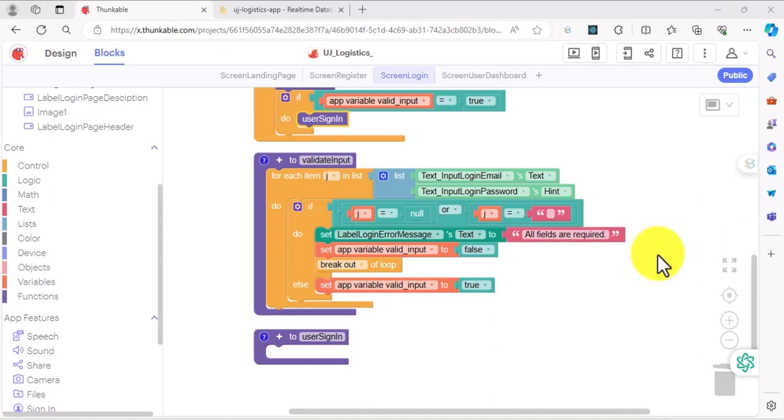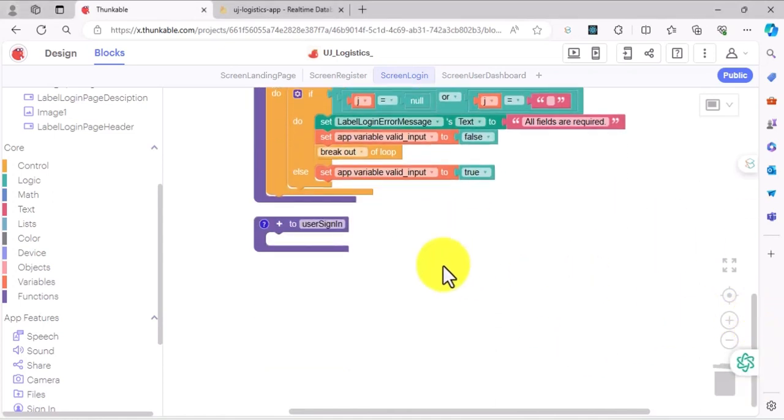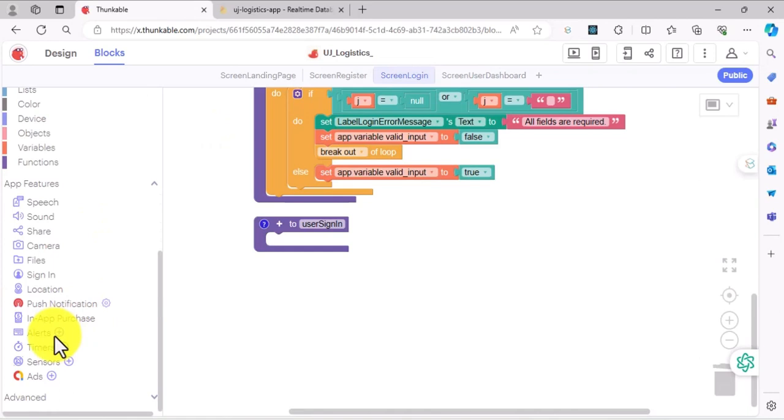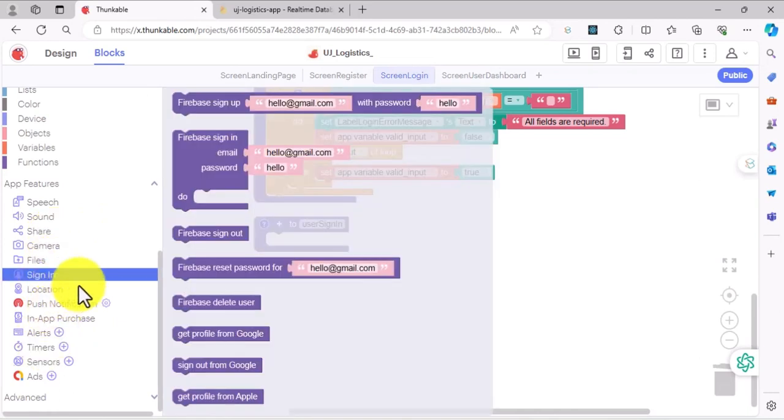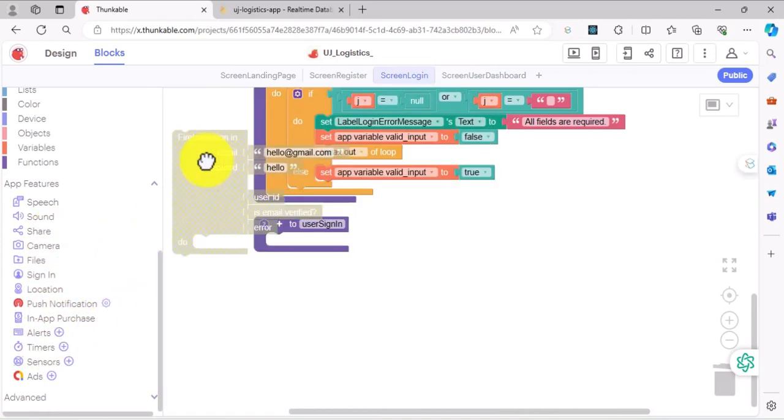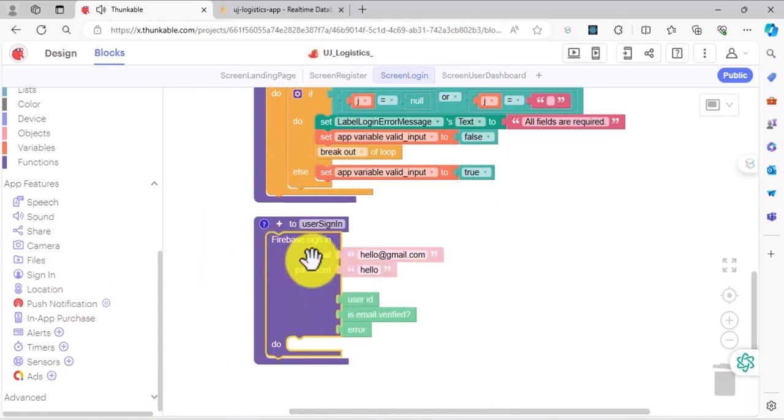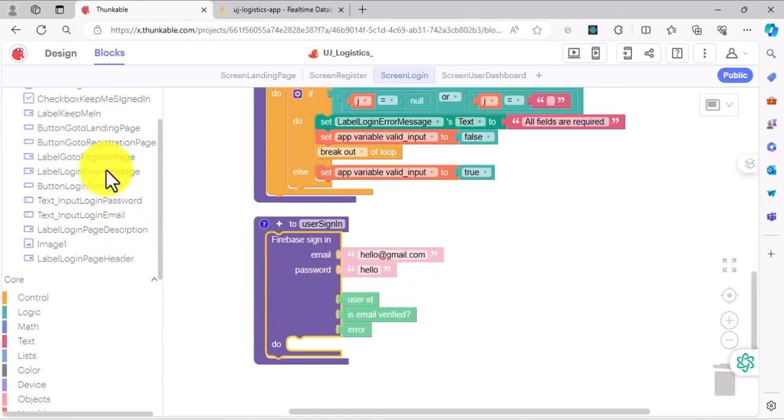So we are going to be using Firebase, which is our database, and it also provides the sign in functionality. We have done sign in with our registration before, but just to refresh our memory, we are going to be doing it again. So we come to the sign in, scroll down, and you see Firebase sign in. Pick it and put it inside this function block. Then it requires two things from you: the email of the user and the password of the user. So we go ahead to this